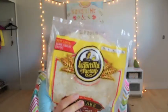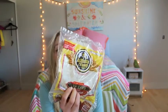much fat at once. Another thing I always have on hand are some of these La Tortilla Factory tortillas, and these are high fiber and low carb. I just love carbs, okay? I think most teenagers eat a lot of carbs. I'm the kind of person who's a macro counter that meets your macros. It is definitely one of my favorite kind of diet things. I'm not too strict about it, but I think it's really fascinating. What I love about this is that it only has 3 grams of active carbs. So to find active carbs, you just take the total carbs, subtract the fiber, and then you get the active